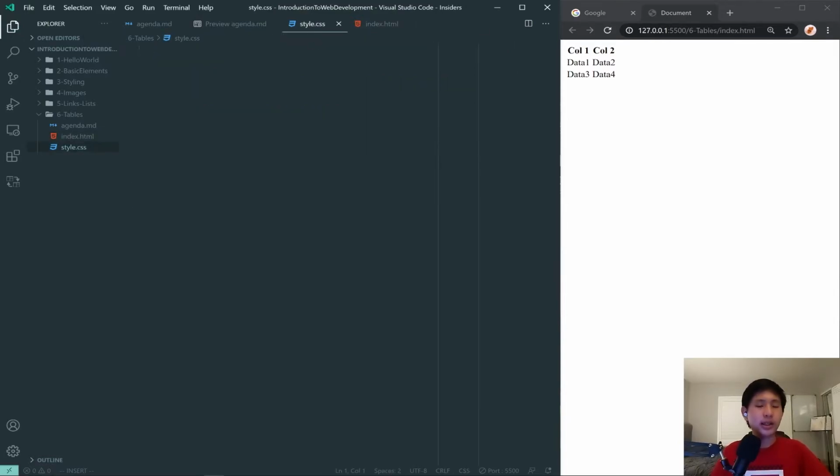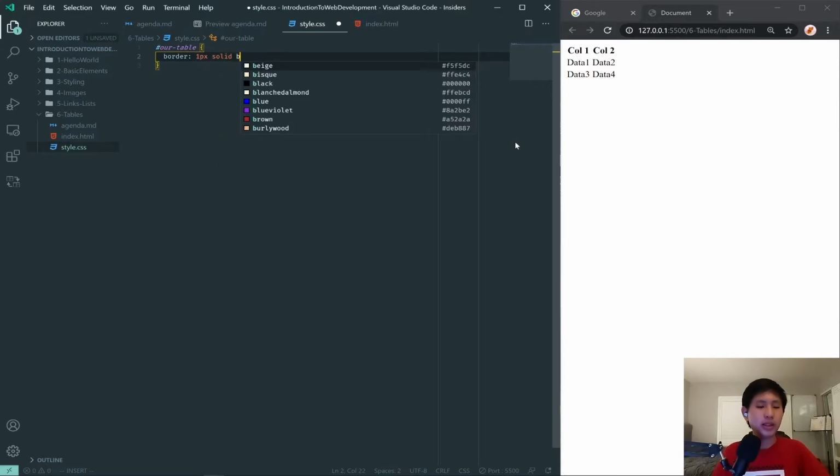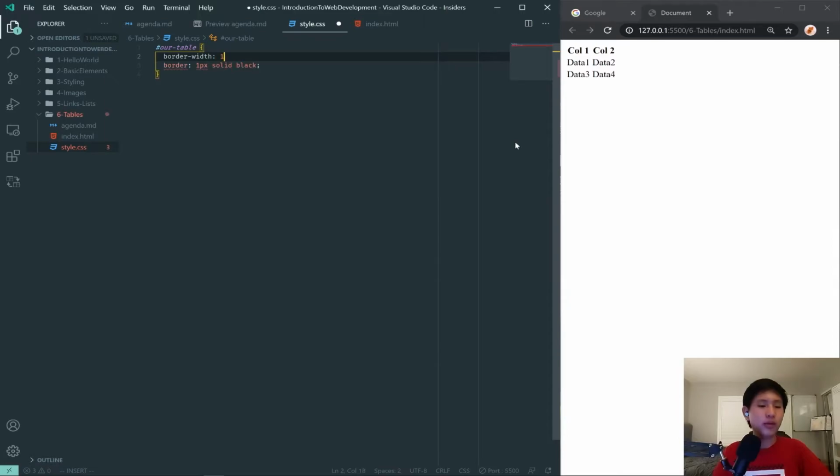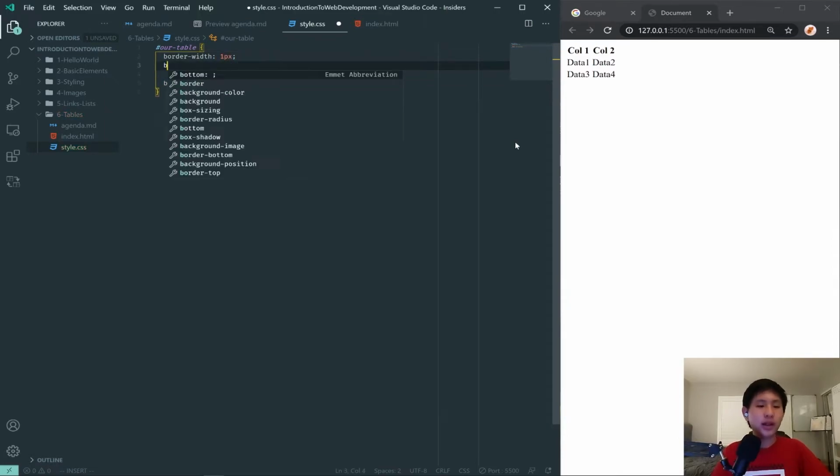And in our style.css, remember to select IDs, we are going to do a hash r-table, and we're going to go ahead and give it a border of 1px solid black. What this means is this is a shorthand property. So this 1px here is giving it a border width of 1px, and then it's giving it a border